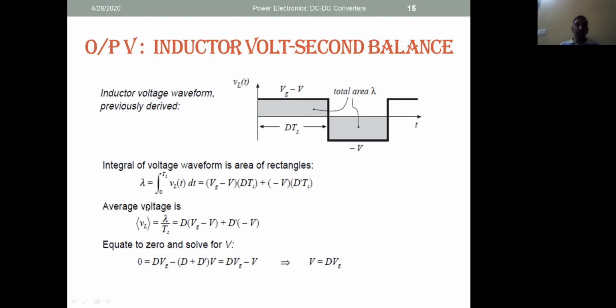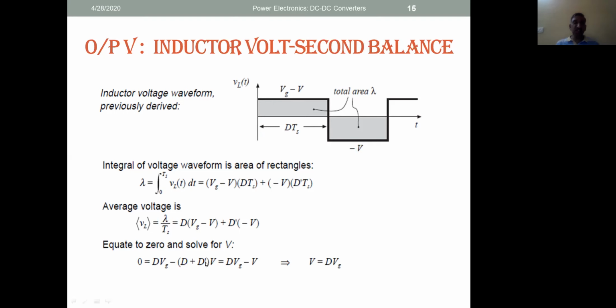So total average voltage is lambda by Ts, D into Vg minus V during on period plus during off period D dash into minus V. So equate this to 0. Why? Because average voltage across the inductor during a switching cycle has to be 0. So inductor voltage is equated to 0. So D into Vg minus (D plus D dash) V, where D plus D dash is 1, means D Vg minus V equals 0. In short, V is equal to D into Vg, and hence it is proved that